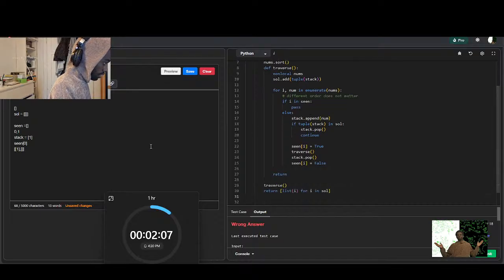So we add that to the stack. So our stack is now stack equals 1, 2. And another stack is 1, 2. We go to the next thing. 1, 2 is not in sol. So we set seen at 1, yeah. So seen